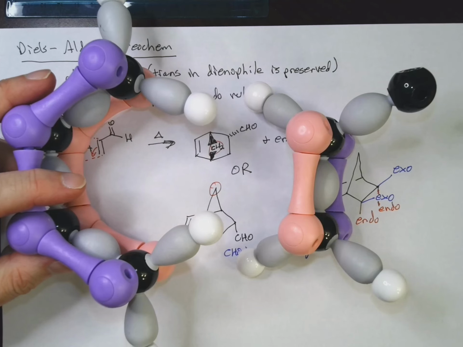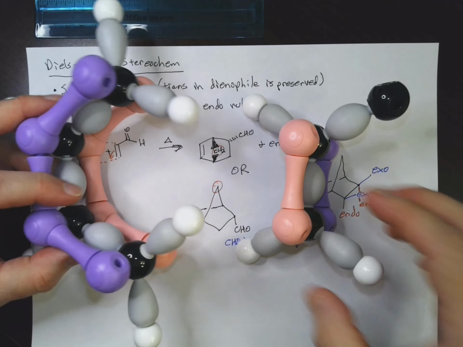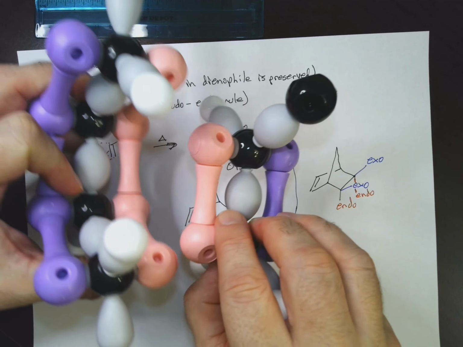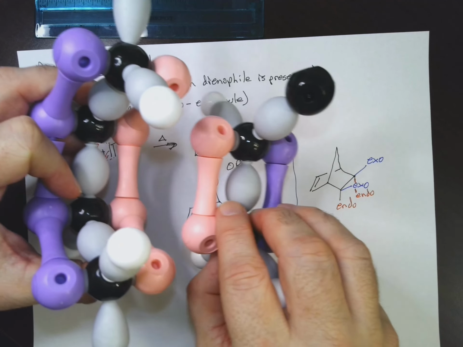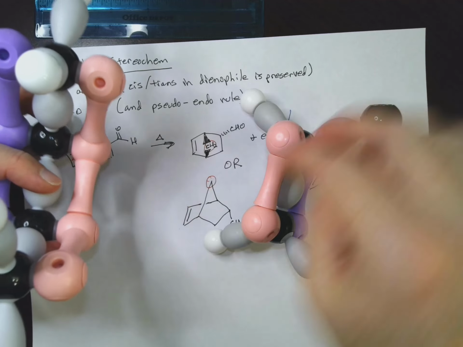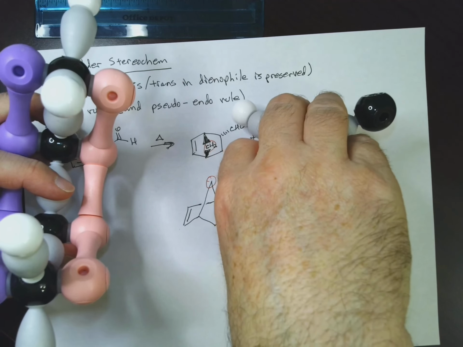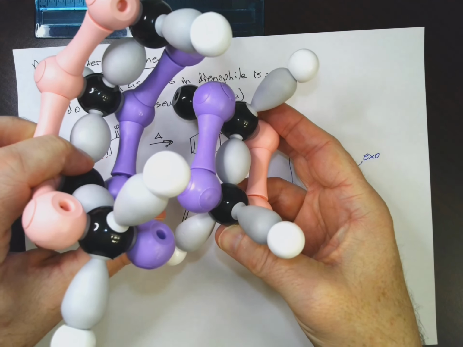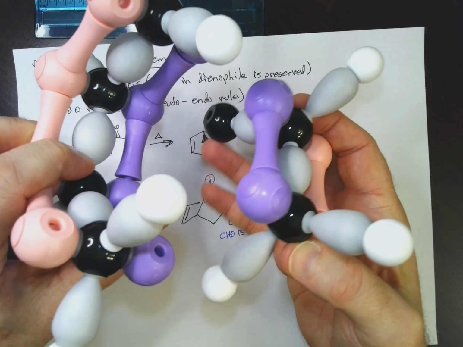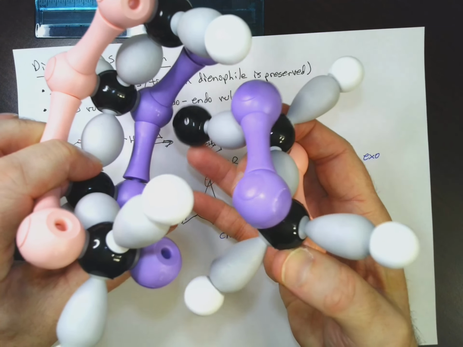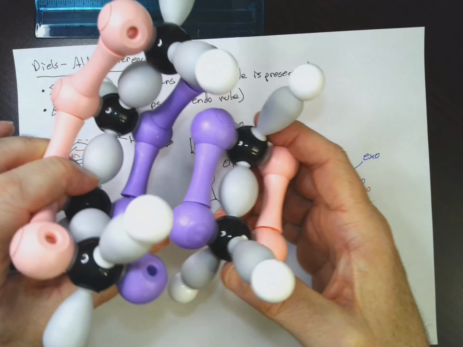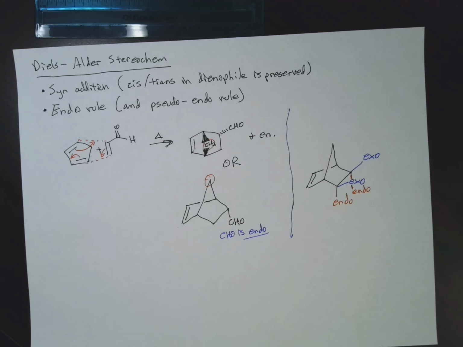And let me zoom out just a skosh here. What we need to have is overlap of the same phase of orbitals between our dienophile and our diene. So these guys are going to overlap like that. But there's also orbital density here, and there's orbital density on the electron withdrawing group. So it actually works better if the molecule comes in like this, so that any orbitals I have on this back carbon here can interact in a constructive manner with any orbitals back here, and so we'll get our new bond. So essentially what's going on is we have something like